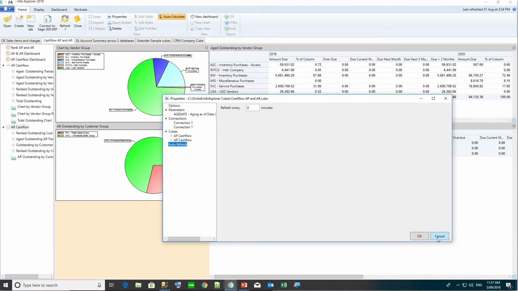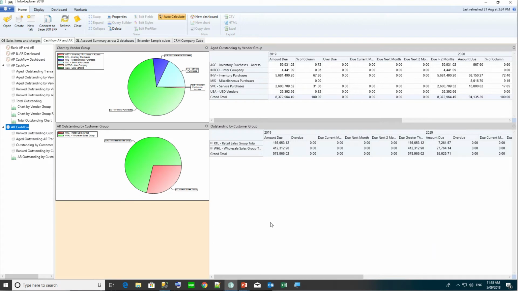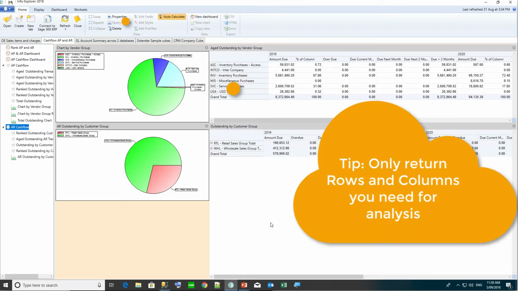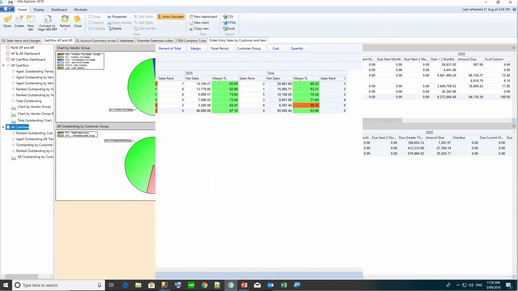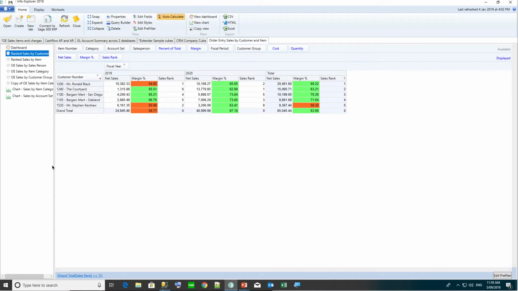In any case, you want to make sure that your query is optimized, which means you're only returning the rows and your columns that you require for your analysis. So let's look at this in a bit more detail now. So now let's look at an order entry, sales history, cube query in details and the performance consideration in that query. So I'm going to build a new cube from OE SHDT from scratch,